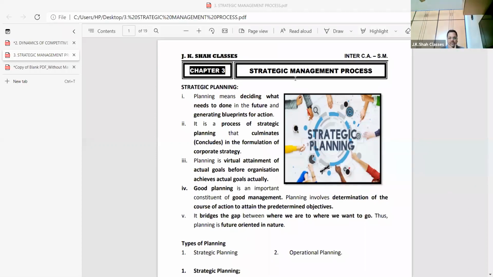How the pattern will be, I'll give, beta. First, let me teach something now. At least first you should have an idea of what the syllabus is. This is only the 3rd chapter. There are 8 chapters. I told you in the first lecture there will be some objective questions and subjective. 1 case study, at times 2 case studies. Case studies are on the examples that are there. Now, chapter number 3, strategic management process.